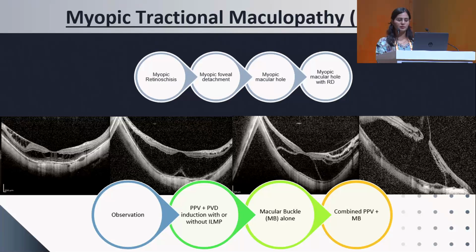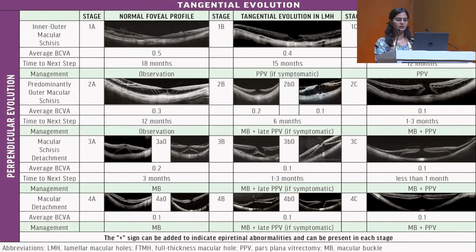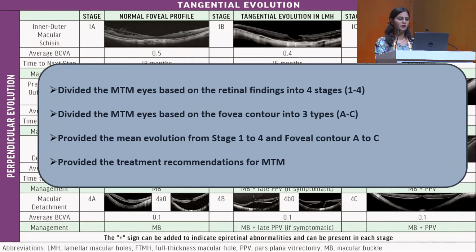So the various treatment modalities: in the initial stages, we observe the patient, and the other treatment modalities for this are the pars plana vitrectomy with or without ILM peel, macular buckle, or in combination with the vitrectomy. Barbara Parolini et al. proposed a new myopic traction maculopathy staging system, which is an OCT-based classification of the MTM, wherein they divided the MTM into 4 stages and 3 types, and provided the treatment recommendations for each of these